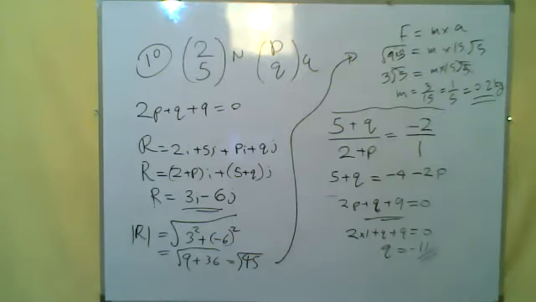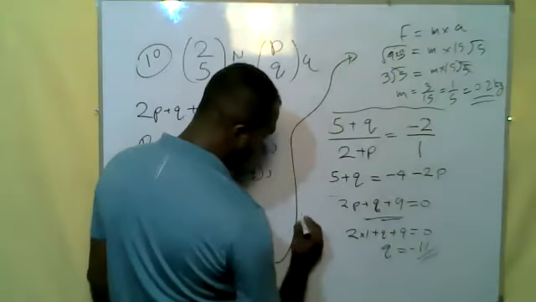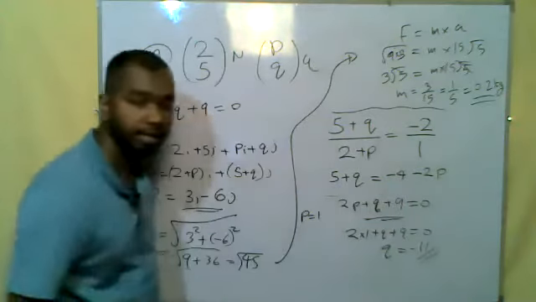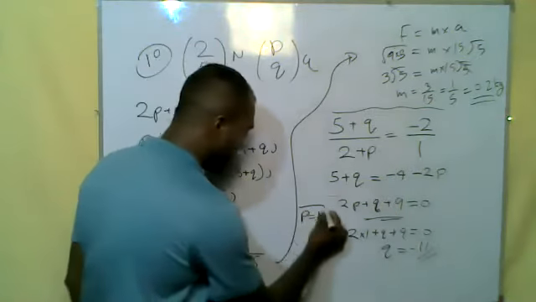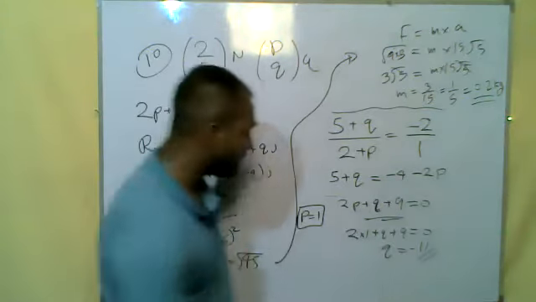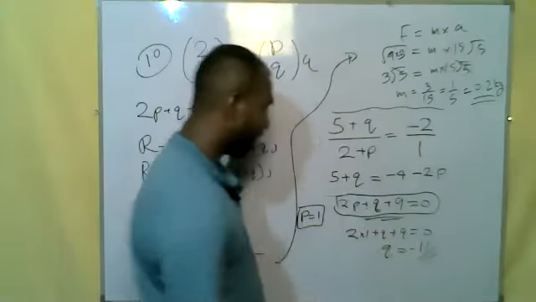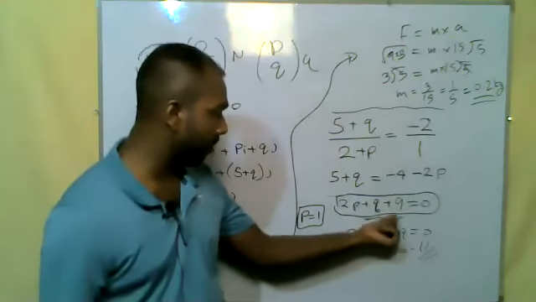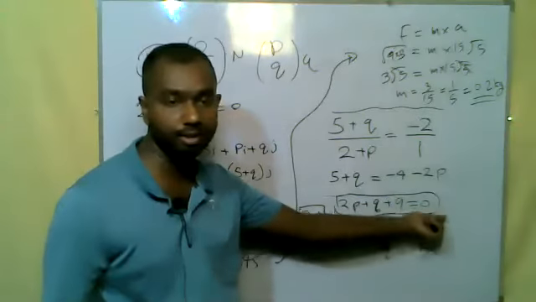So, how did you get the value for Q? They have given us P equals how much? They have given us P equals 1, no? Did you see that data? They have given us it straight away, and we have proved this equation in part A. How much? 2p plus q plus 9 equals 0. We got that equation, no?